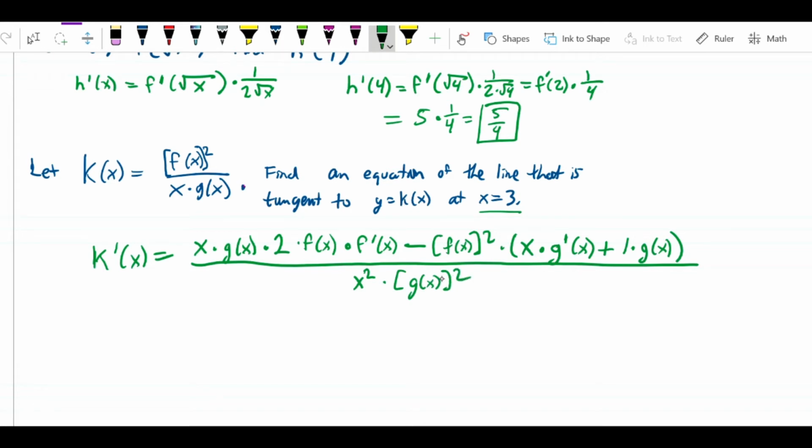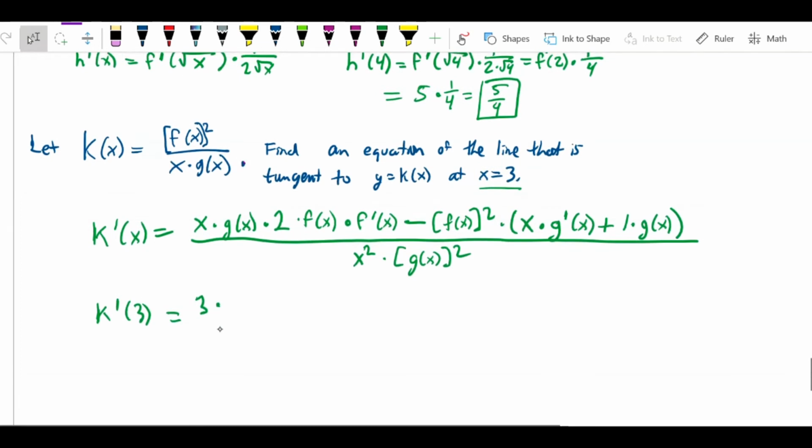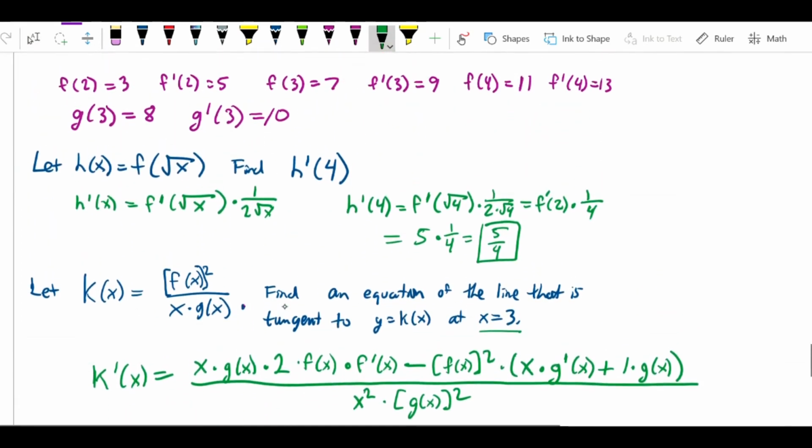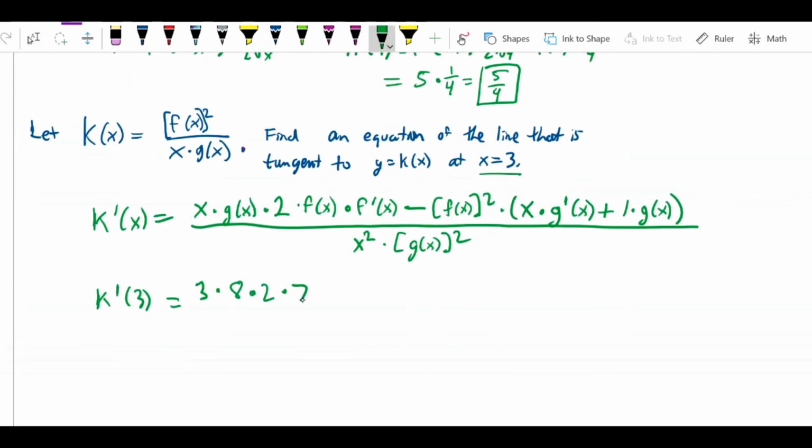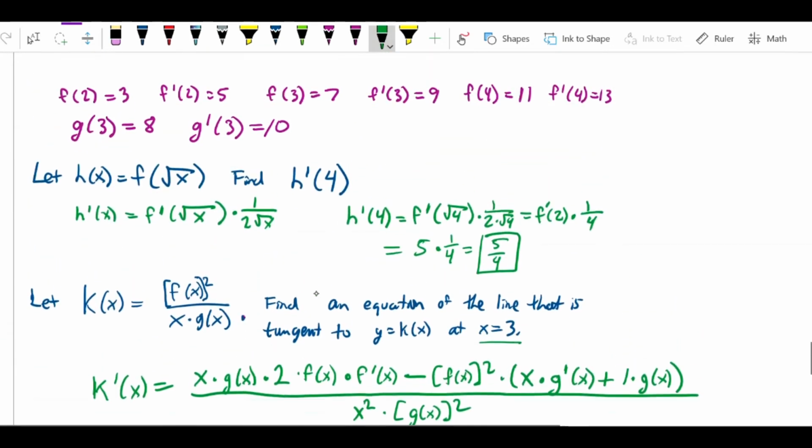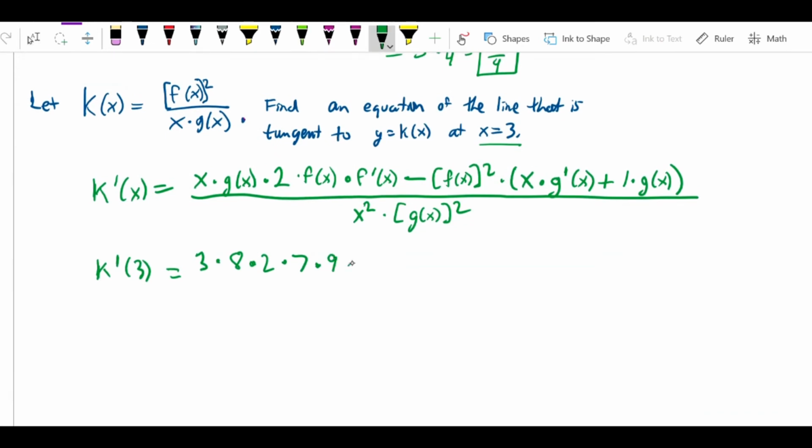So I need to evaluate this function at 3. And that's going to involve a lot of looking up stuff. So that's going to be k prime of 3. So we're just going to substitute every place we see x or g of x or f prime of x, etc., the appropriate value. So we start with this x, and that's 3 times g of 3 is 8 times 2 times f of 3 is 7 times f prime of 3 is 9,